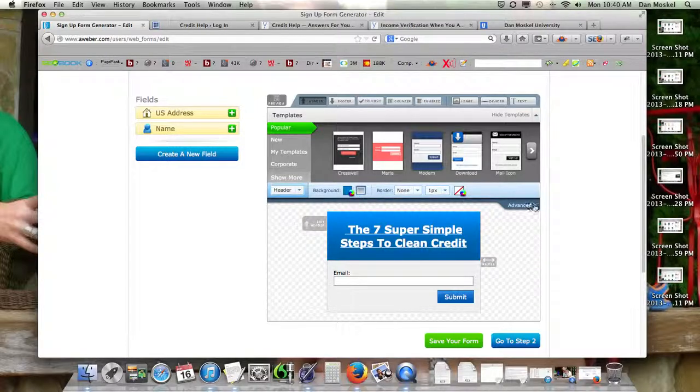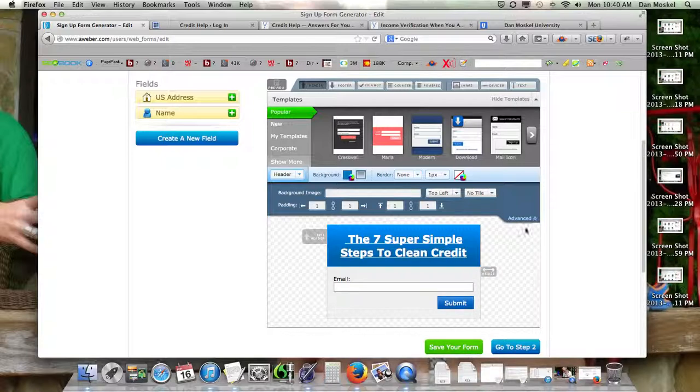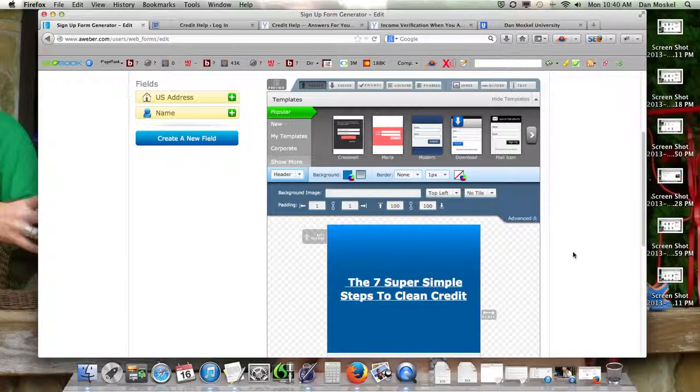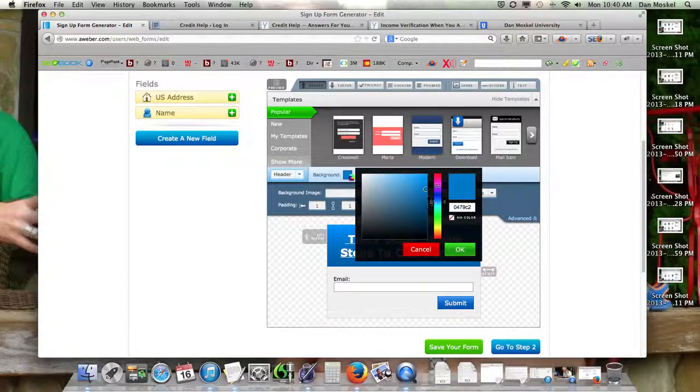And then, so here's some more kind of advanced options with it. This padding is like how far away things are. So just to get an idea, let's change it so you can see. And if you looked closely, you could see it get a little bit smaller or bigger. You can also always hit this button right here, and then that'll allow you to change one side while the other side stays the same. So we're going to take it all the way down and just do 1, because this is what I like personally. Background, we'll change it to maybe a lighter blue,